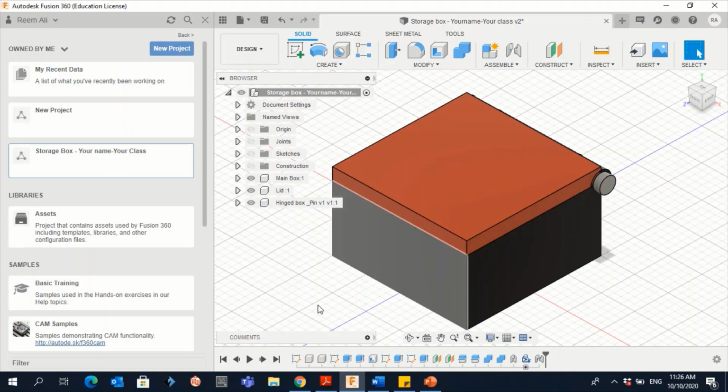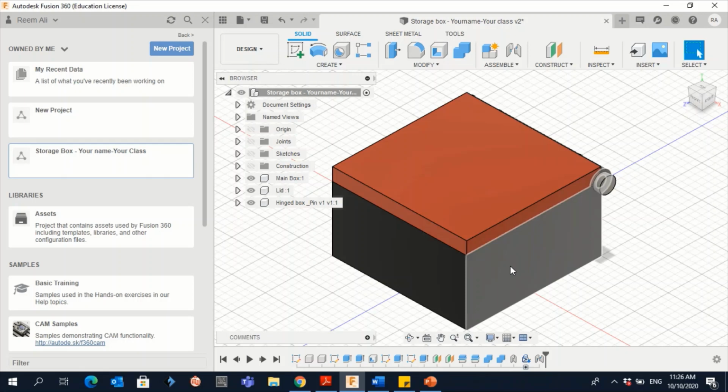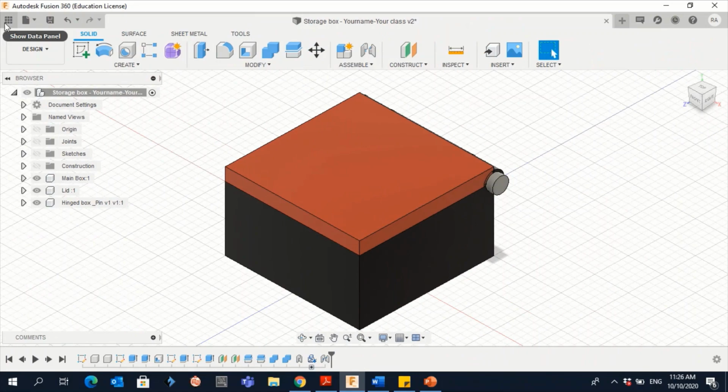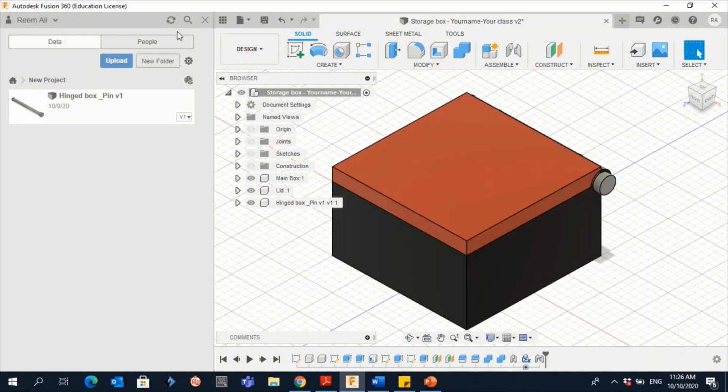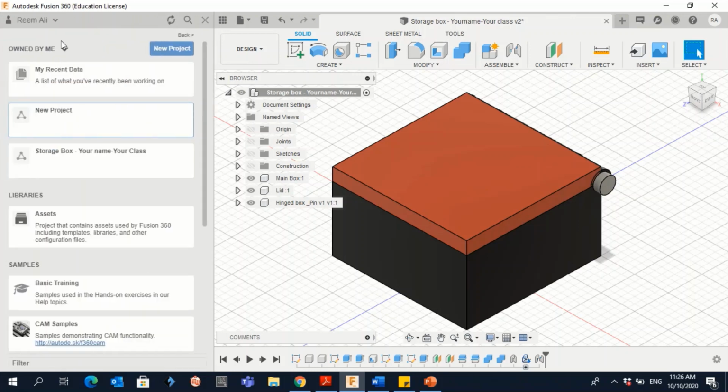So now let's follow the steps in the box to create this storage box here. Okay, so first of all, if you don't have this one here, you just go to this show data panel. You just go back to the home view here. Okay, just go to the home view, or if you have an arrow here to go back, then you click